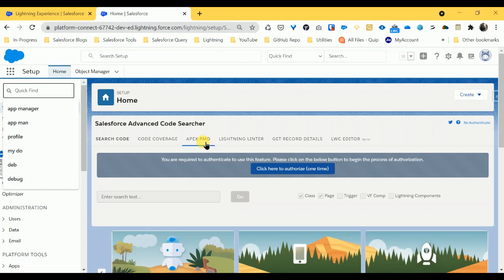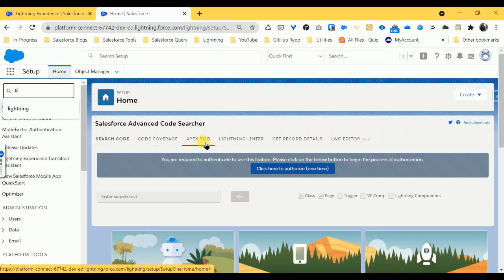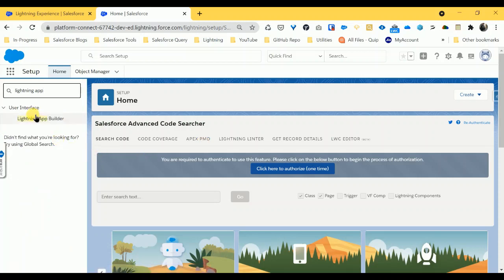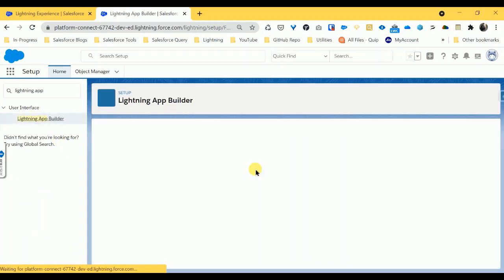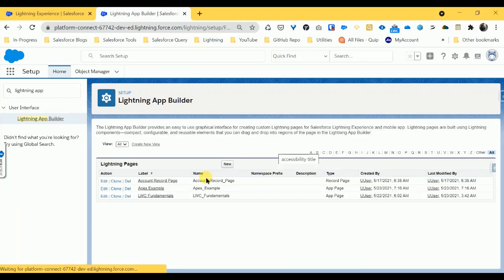So search for Lightning App Builder. Once you go to the Lightning App Builder, here you can see different types of pages.